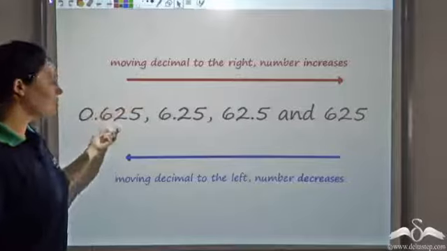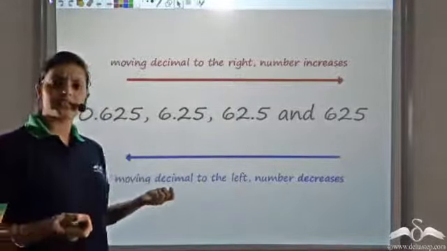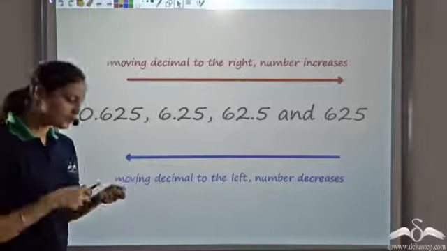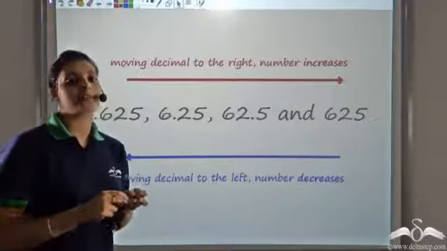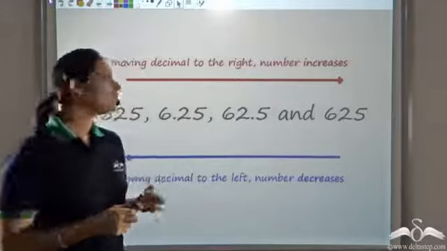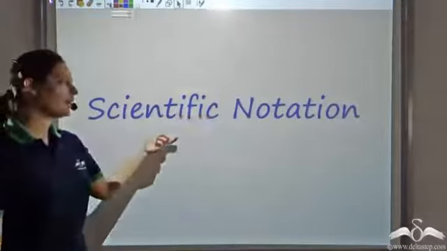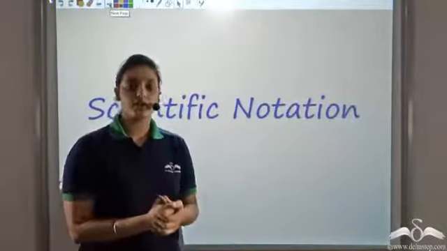So this method of shifting decimals by multiplying by 10 was actually pretty easy. As you multiply by 10, you just had to shift a decimal. Shifting a decimal and multiplying by 10 was actually used by scientists and engineers to write numbers in a particular format which we call scientific notation. Now why was this scientific notation used?